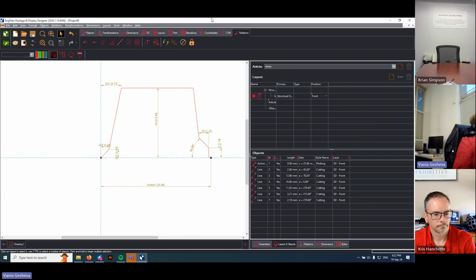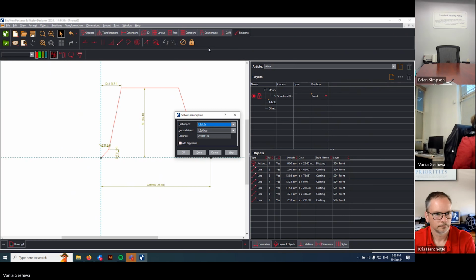Let me show you. When I click this button, the system says there is something wrong with this. But in fact, the problem is that you have freedom here. Yes, finally, this one has this control point also. You see, you cannot move. You see? You have two freedoms even. We didn't fix this distance and we didn't fix this distance. So now if you have assumptions, you have to continue